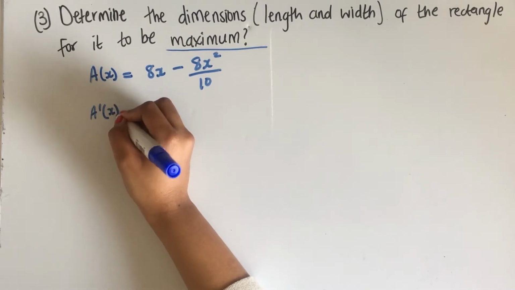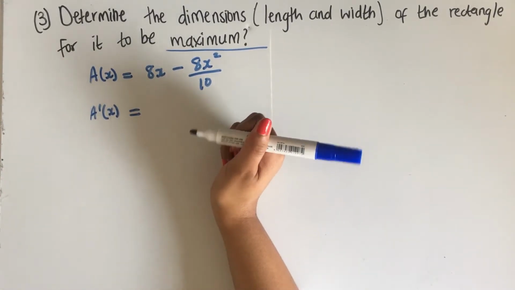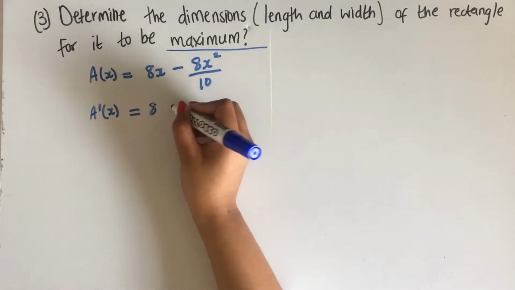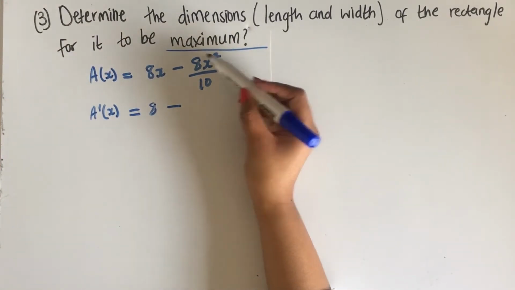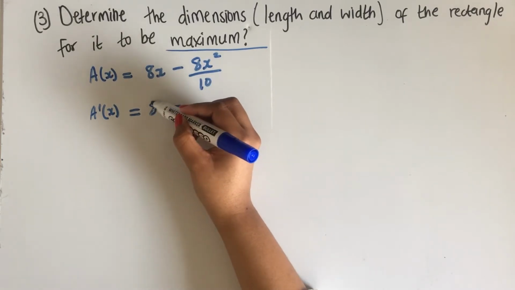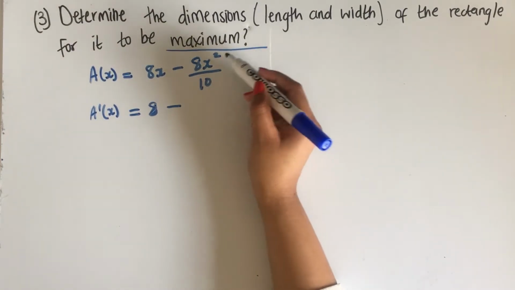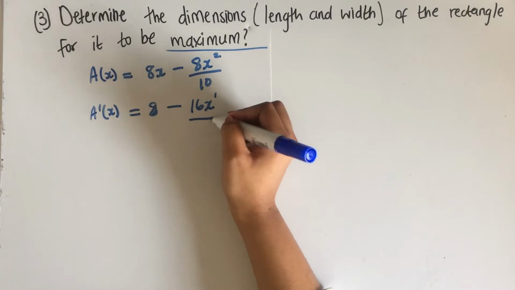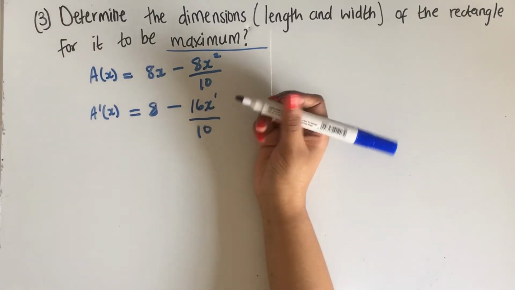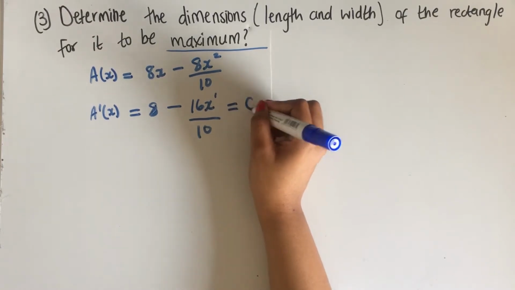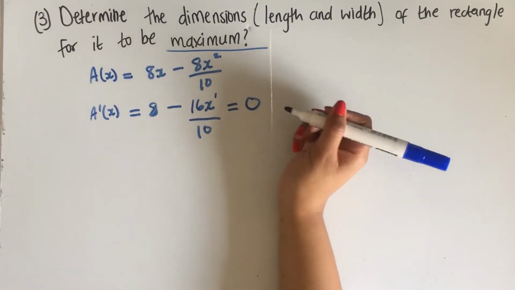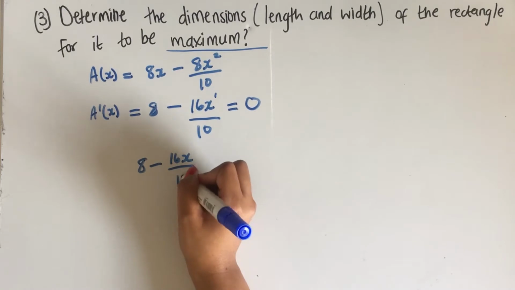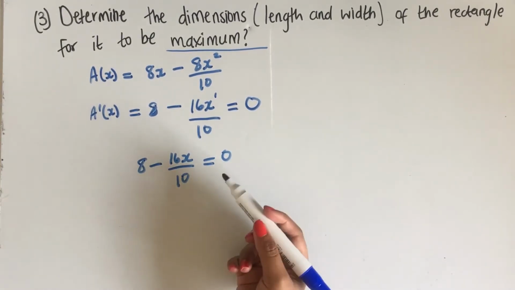Now the derivative: P prime of x is equal to 2 multiplied by 8, minus 2 multiplied by 8x, because the derivative of 8x is 8, I hope you can understand that, and then minus 2 multiplied by 8, which is 16x, over 10, and this all equals 0. Then now solve for x. So now we have 8 minus 16x over 10 is equal to 0. So transpose